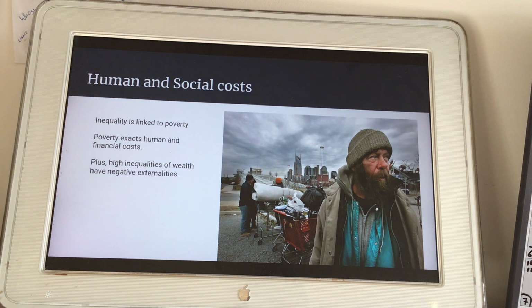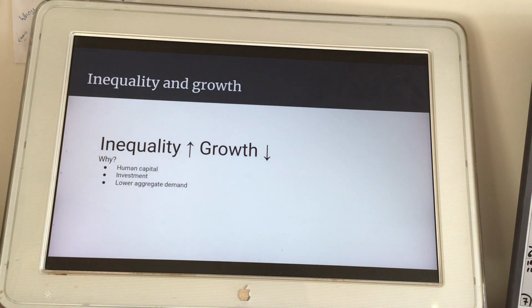A couple years ago, and here's our final point, the IMF found that high inequality is negatively correlated with growth. So part of this is related to the previous factors, human capital, stability. The poor are much more likely to be sicker and less educated, meaning they can't produce as much wealth. And there's also the final reason that inequality lowers aggregate demand, because in general, rich people spend less of their income. Meaning if we take income from the